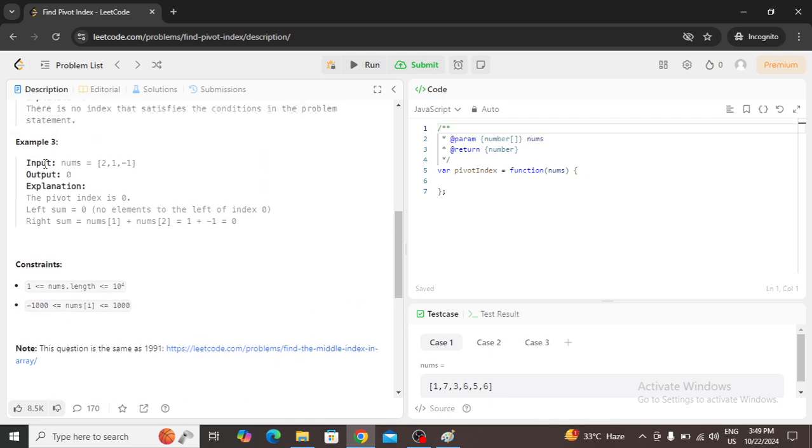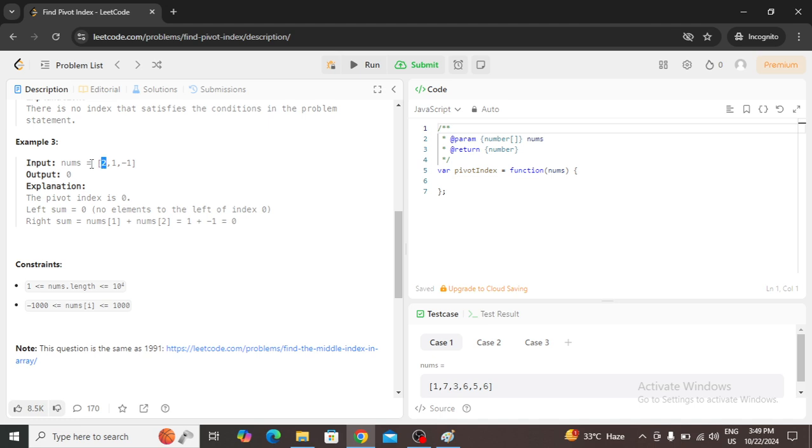Let's go through the next example to clarify more. We have elements 2, 1 and -1. If we are at index 0, the left sum is 0, because there is no element to the left of index 0.